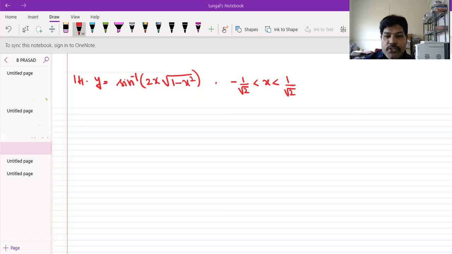See the next question, students. What is the next question? y is equal to sine inverse of 2x into root of 1 minus x square, where minus 1 by root 2 is less than x less than 1 by root 2. So see that question, students. How can you solve this question here? So first what we will take is,